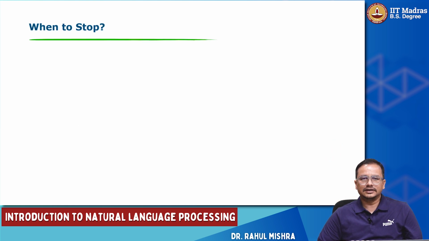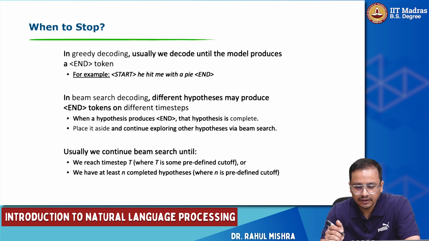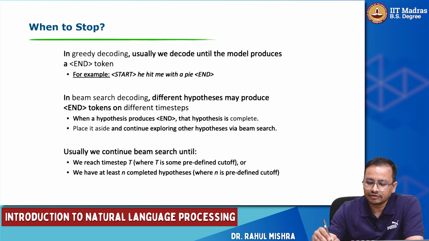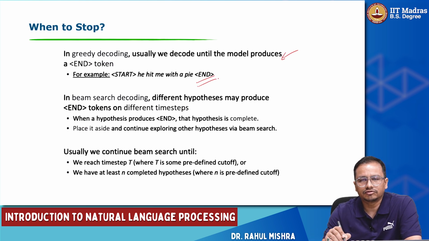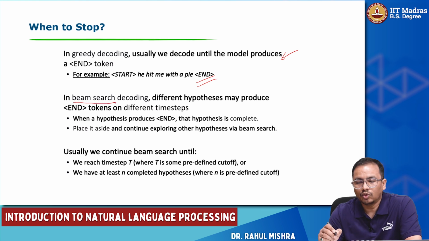And we can see some of the solutions or approaches to solve it. So one of the approaches: in case of greedy decoding, once the end token is generated, we stop, so we don't generate further. And in case of beam search, what we can do is, we can have multiple options. So one of the options is,